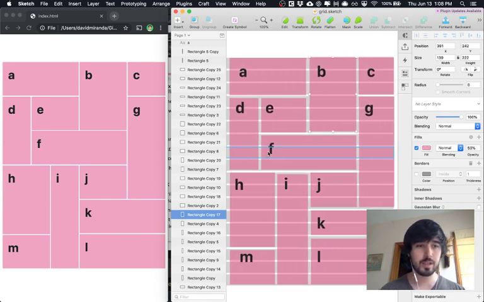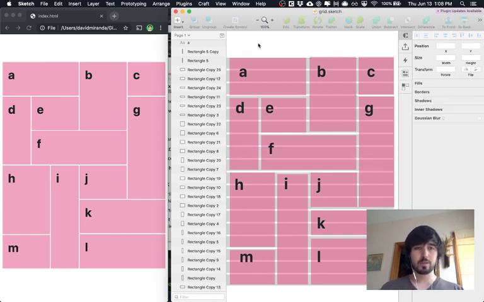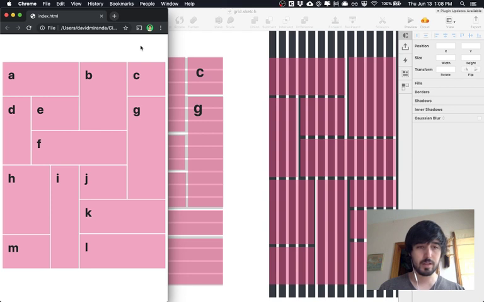So I was really happy with that. So today we will do some Flexbox, and